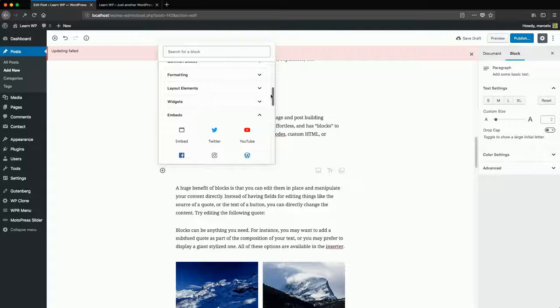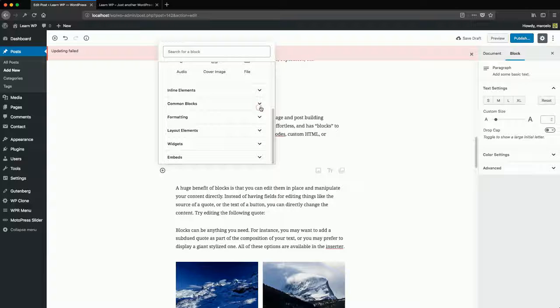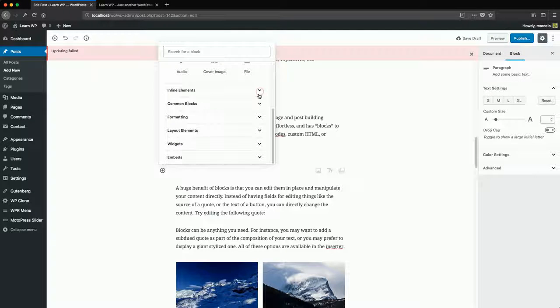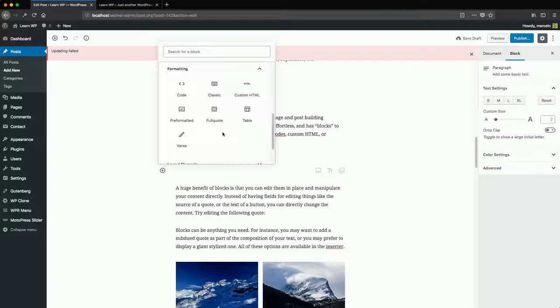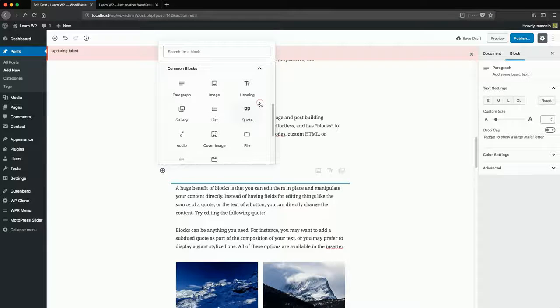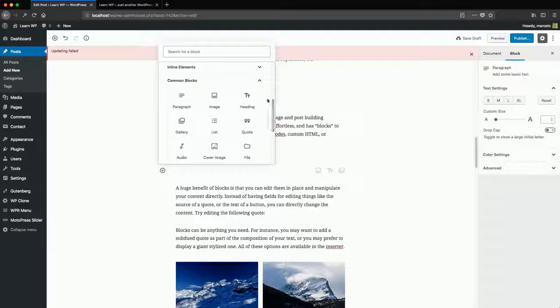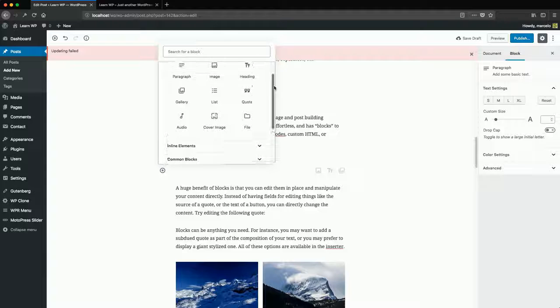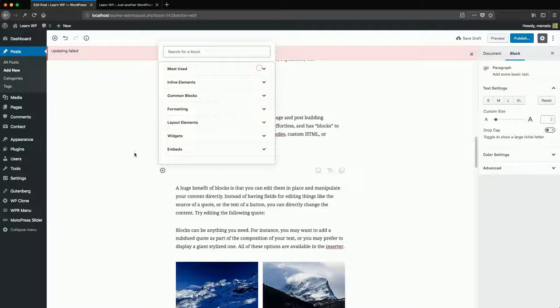And the whole idea is that any kind of content that can be added to the editor area will be available as a block in the future. So the user will never need to use shortcodes anymore or any piece of HTML code. They will only need to choose a block and place the content wherever they want. Cool, isn't it? Well, then you may ask me, but Marcelo, what will happen to the content like posts and